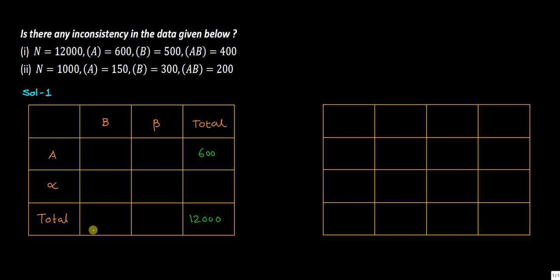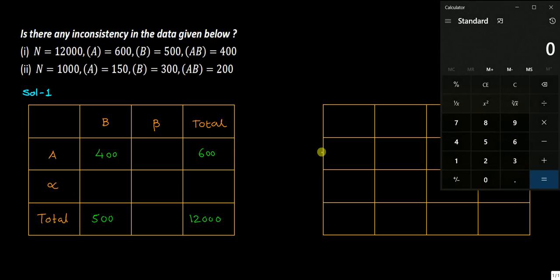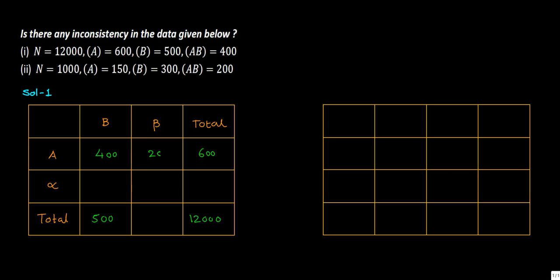Total of B shows 500. AB, the intersection of AB, means this cell shows us 400. Four hundred is given here. The remaining cells we have to find using a calculator. Total is 600, here 400 is given, so here we can put 200. Here 100. Then 500 means here we have to put 11,500. Then 600